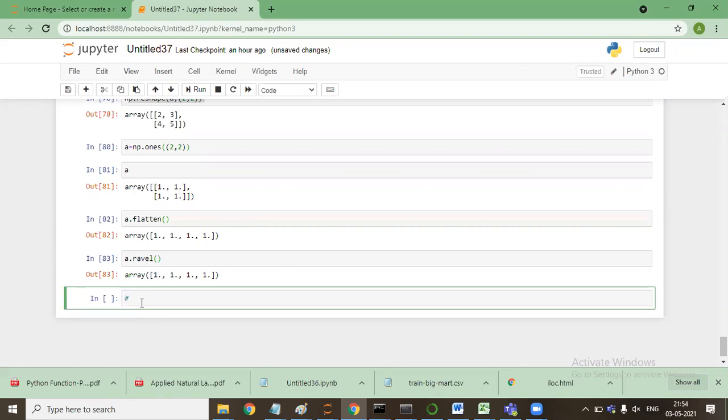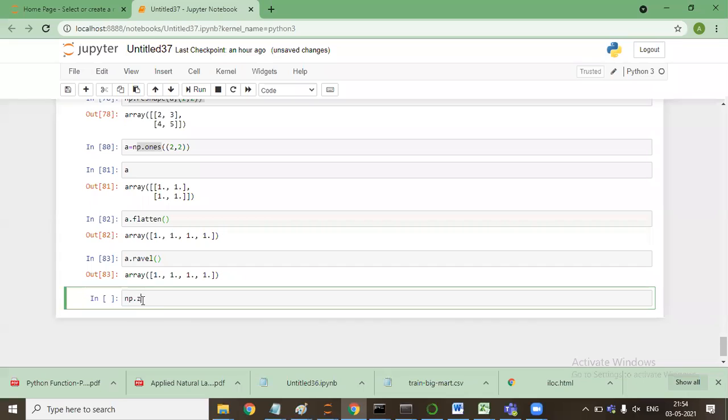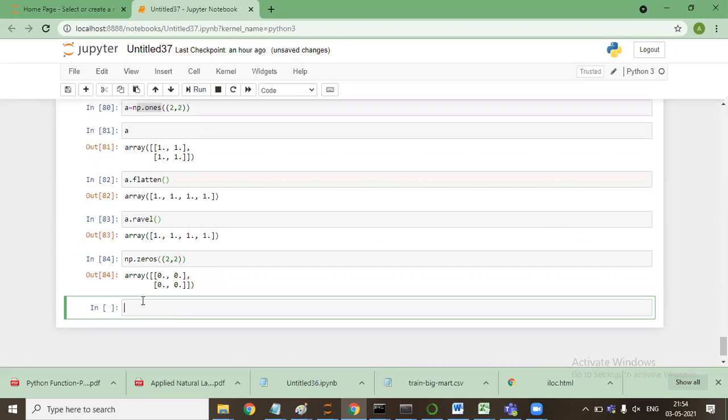So here the thing is, it will take a default value of 1, because I said np.ones. If I say np.zeros, it will give a matrix of zeros. We can take only ones and zeros. Can we take other numbers? No, these are the two which I have tried. There can be many, but these are the things which I have tried.